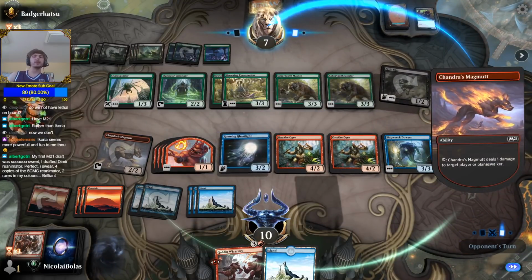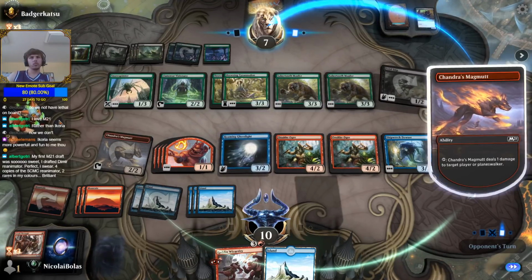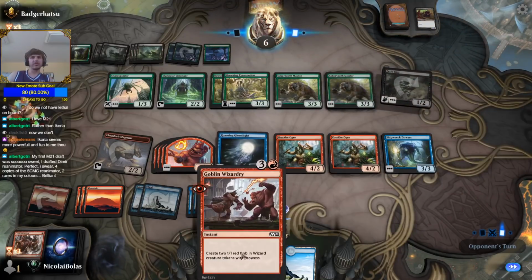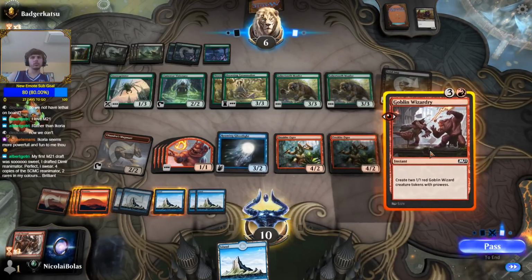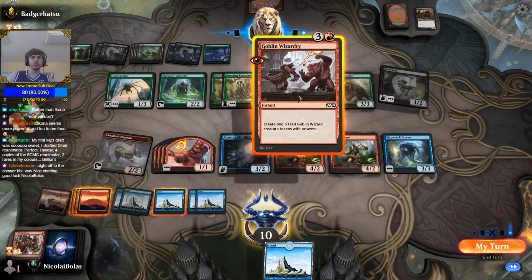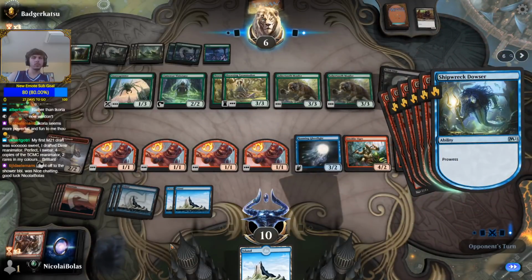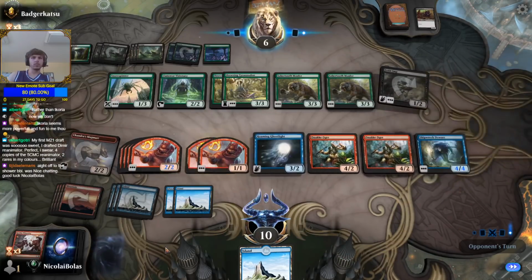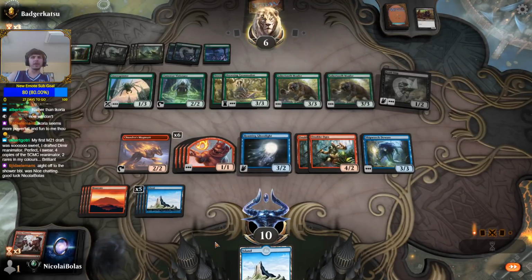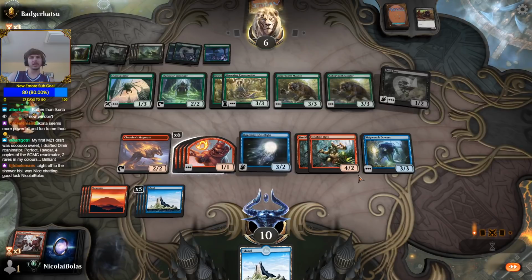So I think we assume they have a removal spell. Like, let's just say they can kill any of my creatures. Okay, what do they have on my upkeep? If they kill ghosts, let's just say they kill...